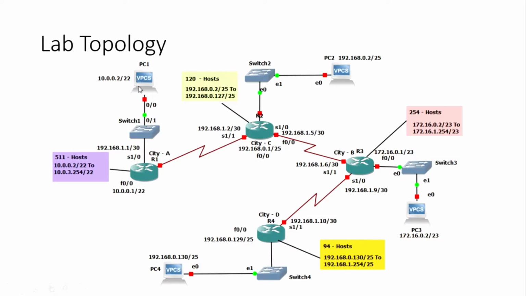Okay, so this is the lab topology that we are going to work on, and I'm going to configure this VLSM lab that we studied in the previous lecture for calculation. The calculation is shown in the previous lab. You can visit it if you haven't watched it. Over here there are 4 routers, city A, B, C, D, and there are 4 PCs, PC 1, 2, 3, 4, with the IP addresses shown in the figure. There are fast Ethernet zeros and serial ports that are configured.